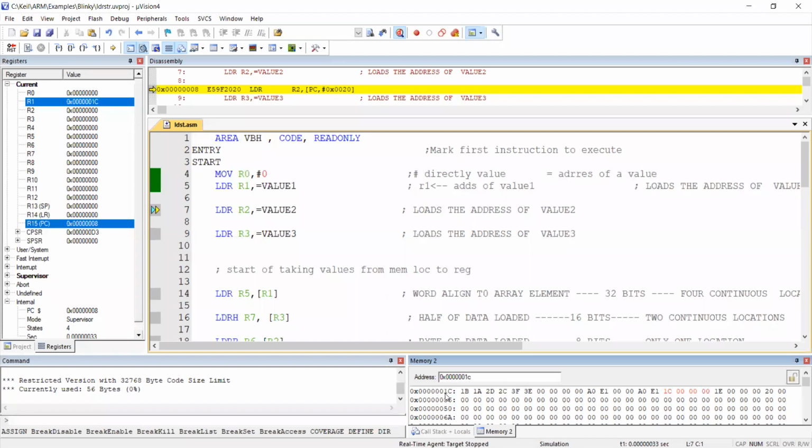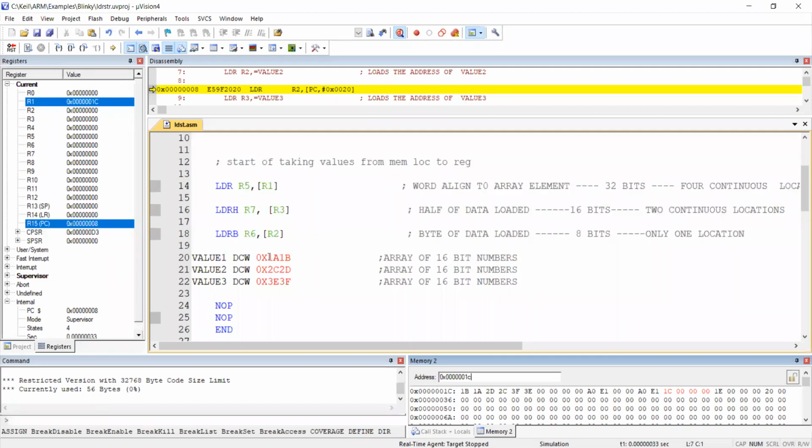Now at the 1C position, what value is present, called value1? What is the actual value of value1? It's 1A 1B. Can you see 1A 1B here?